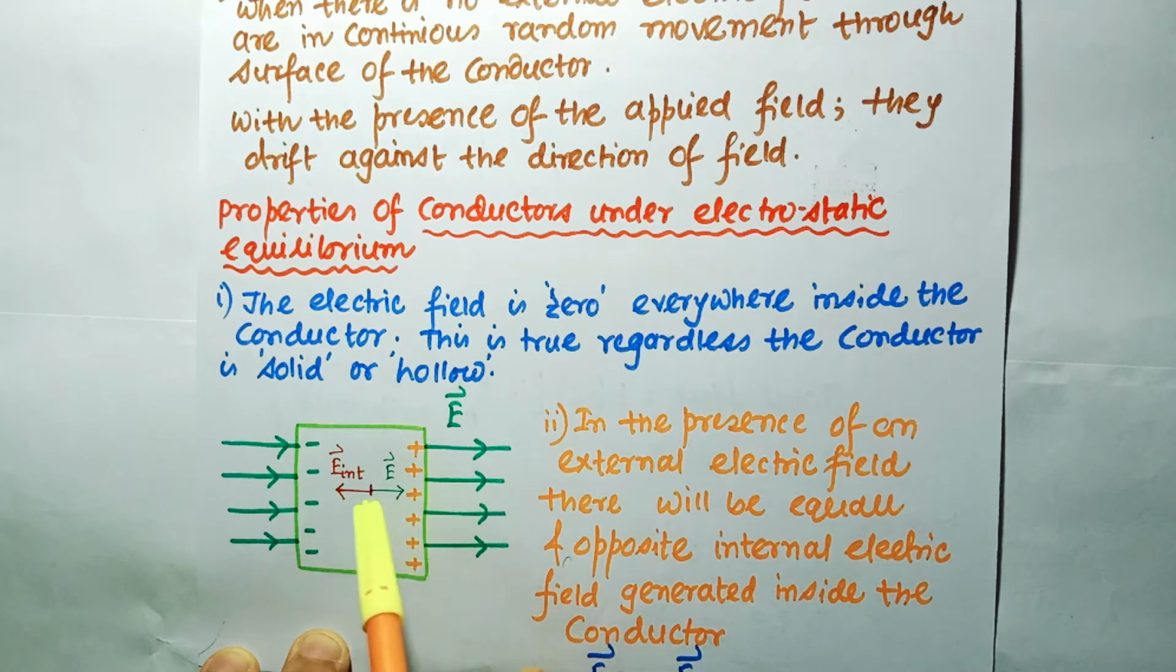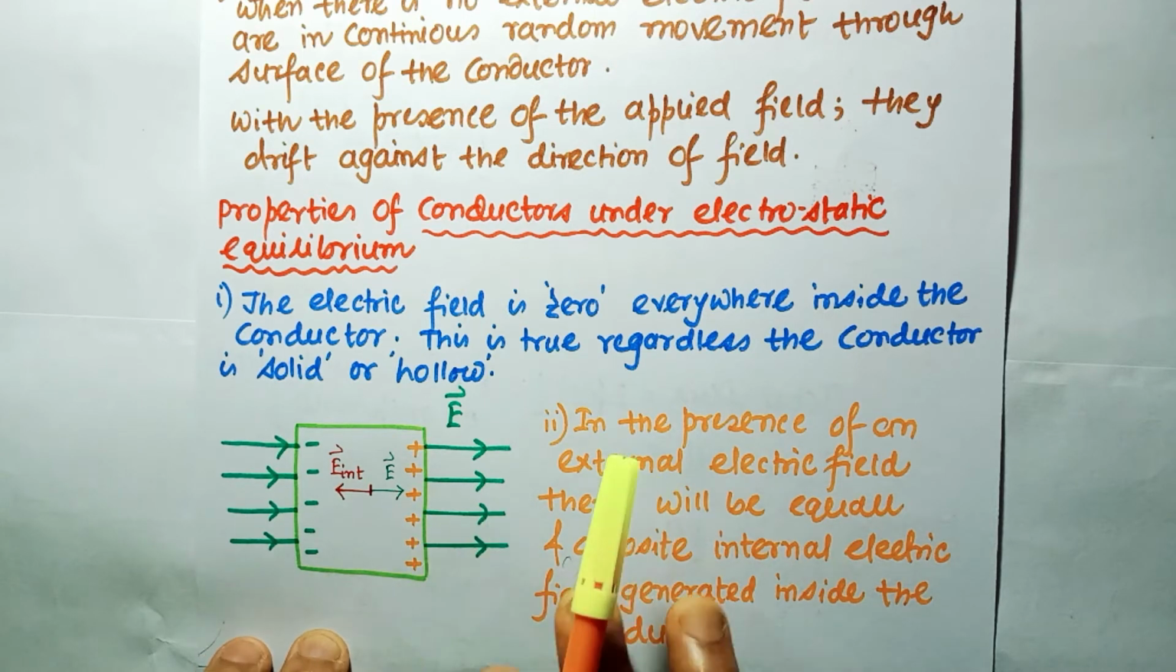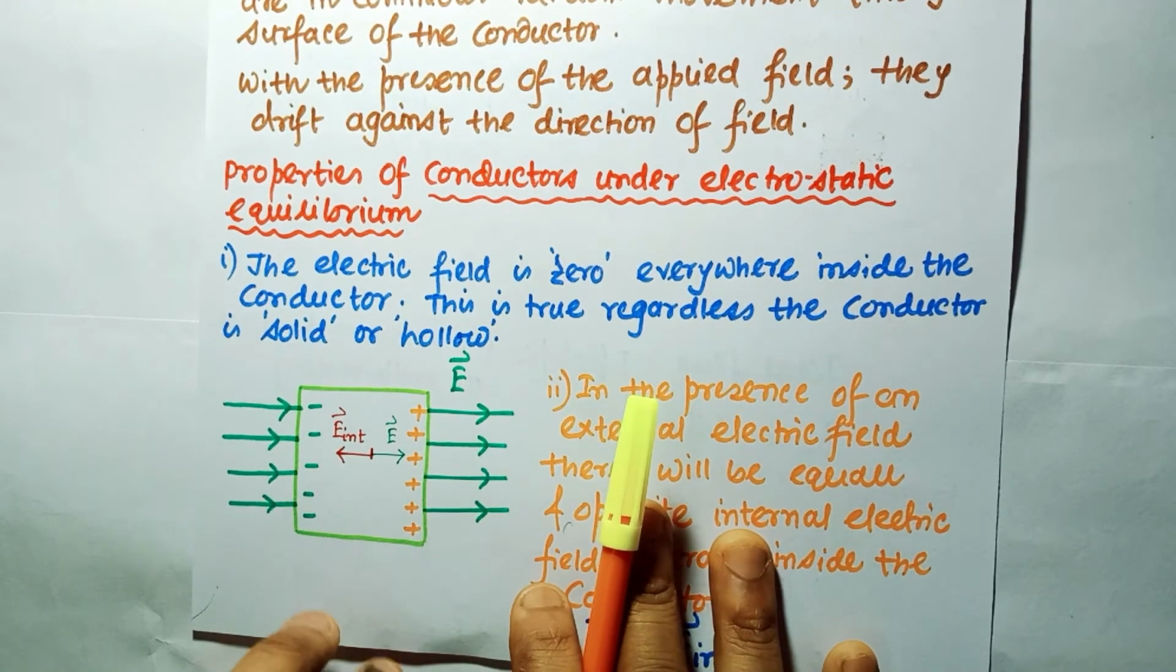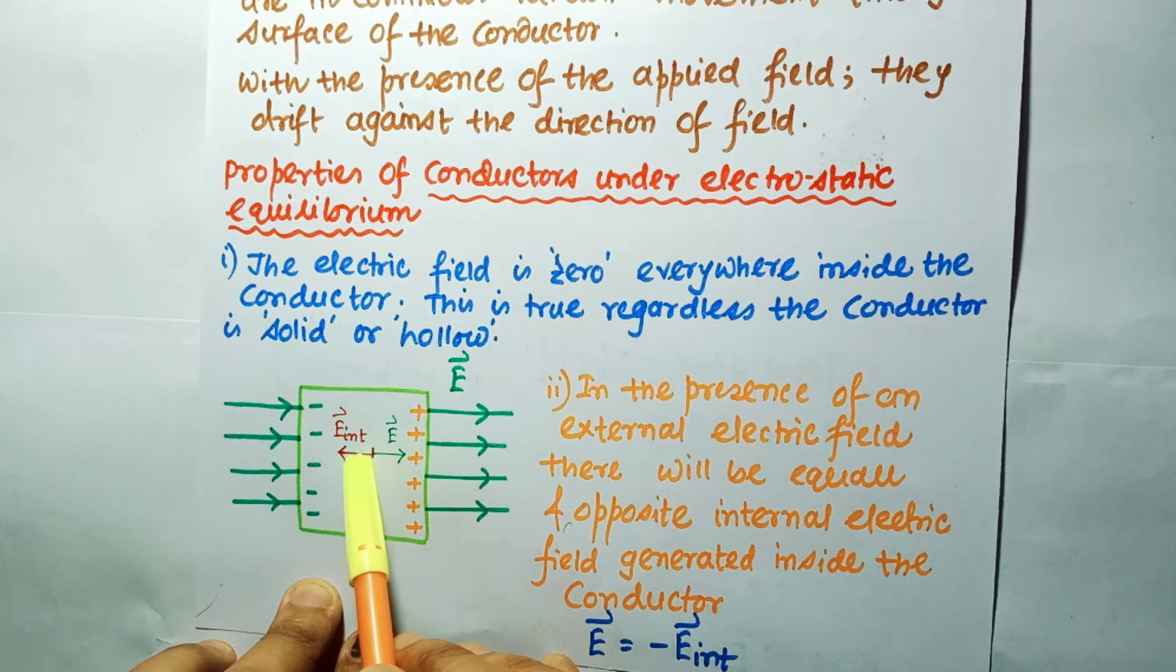There will be generation of the internal electric field, which acts from right to left, and the external electric field is acting from left to right. The internal electric field increases until the external electric field and the conductor reach electrostatic equilibrium. So in the equilibrium process we can say that the internal electric field will be equal and opposite to the